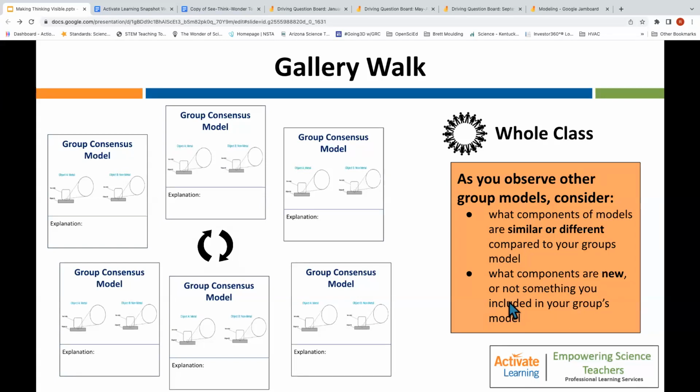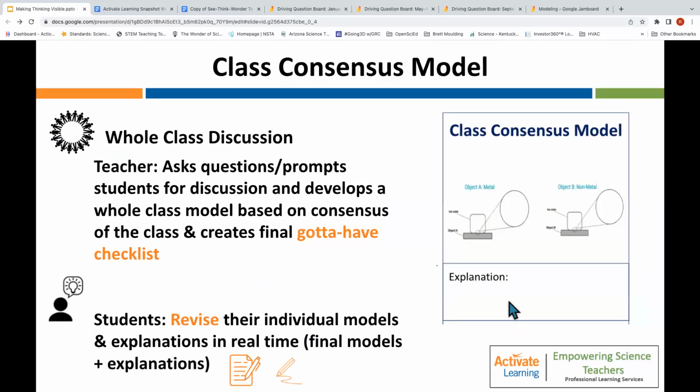So we engage them in some sort of gallery walk. And again, we're looking for consensus items. So what do we notice are the same? And what do we notice is different in the different group models? Anything that is new, that's okay. We don't want to run back to our models and go, oh, that group had that, let's borrow their idea, because you do not know if that group is correct. So I always say to the kids, travel with your group, but look for things in common, look for things that are new, but do not go back and revise yours because you don't know if that group is right or wrong. I'm going to help them make sense of what's right or wrong when we come back together